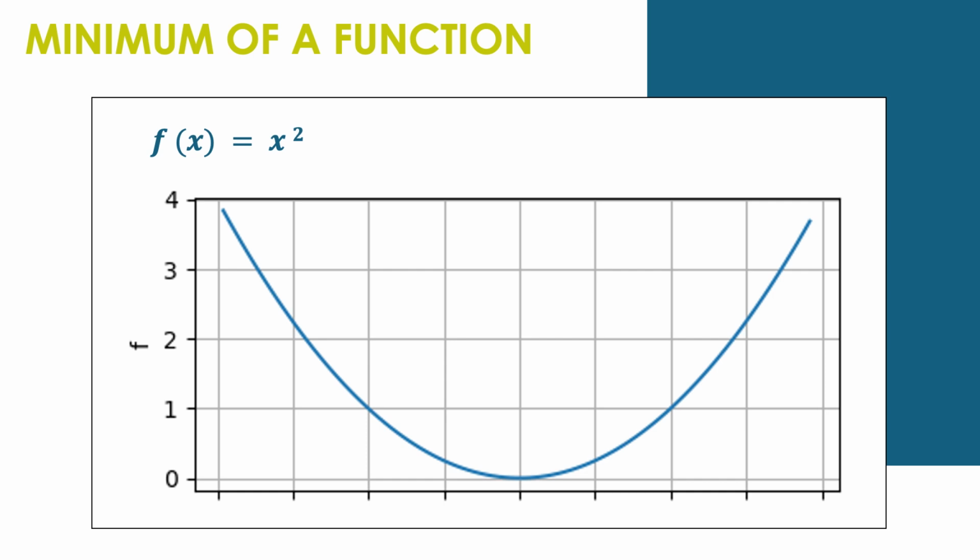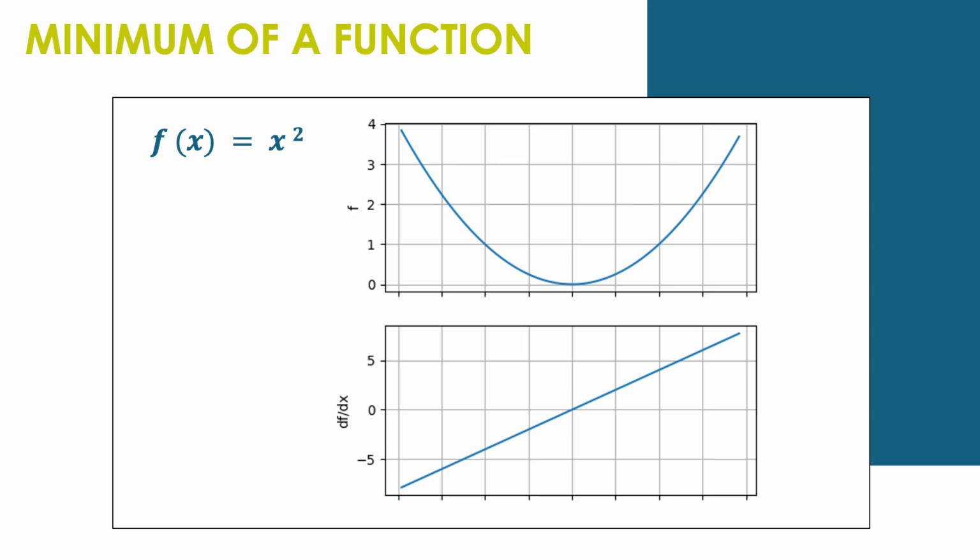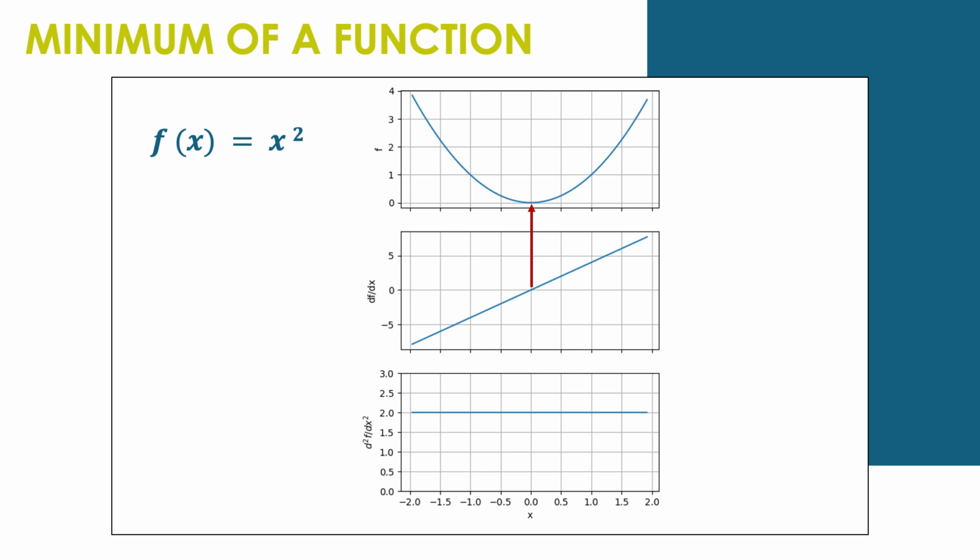This particular convexity property tells us that the function has only one minimum, and this minimum is located where the first derivative of the objective function is 0. We can easily obtain the first derivative, that is 2x, and we can see where the derivative is 0. Then we know that this is a stationary point, where the function has one extremum point. How can we define which kind of extremum it is? We have to look at the second derivative of the function at that point. If the second derivative is positive, then we know that this is a minimum.